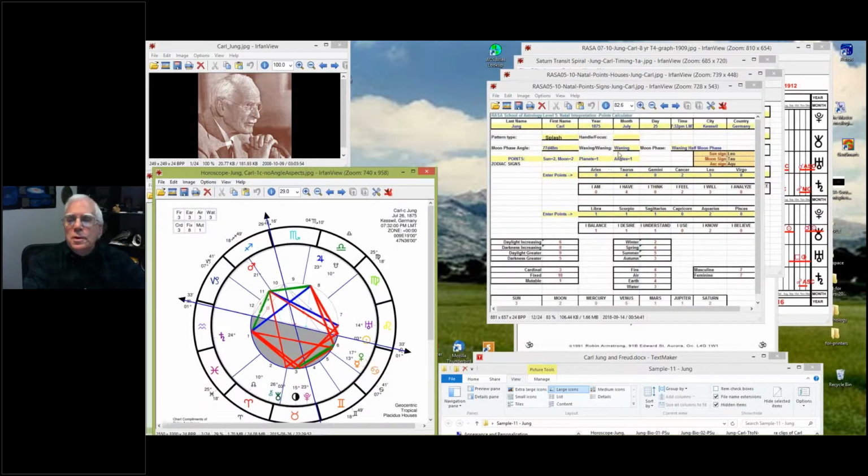His phase of the moon is a waning half moon phase. So the moon is coming back to the sun. It's the darkness increasing half of the cycle. So the need to belong or need to be involved or to be meaningful and find meaning or security in others, or in that increasing sense of belonging. Okay.